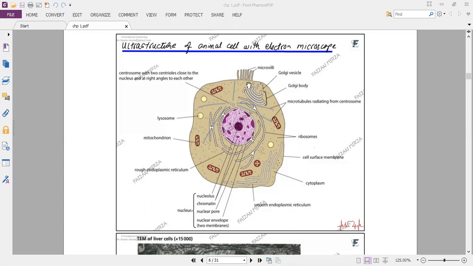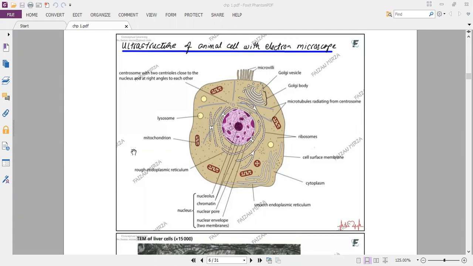Then going clockwise, you can see the rough endoplasmic reticulum, which is present right adjacent to the nuclear envelope. And then you have mitochondria. You can see the finger-like projections, cristae, within the mitochondria. And all the mitochondria look like rod-like structures. There is one mitochondrion in this region which looks like a circular region because it is rotated at another angle, and it looks a bit different because it is in a different direction as compared to the rest of the mitochondria. So in this section that was taken for the cell, this particular mitochondrion is in a different plane.